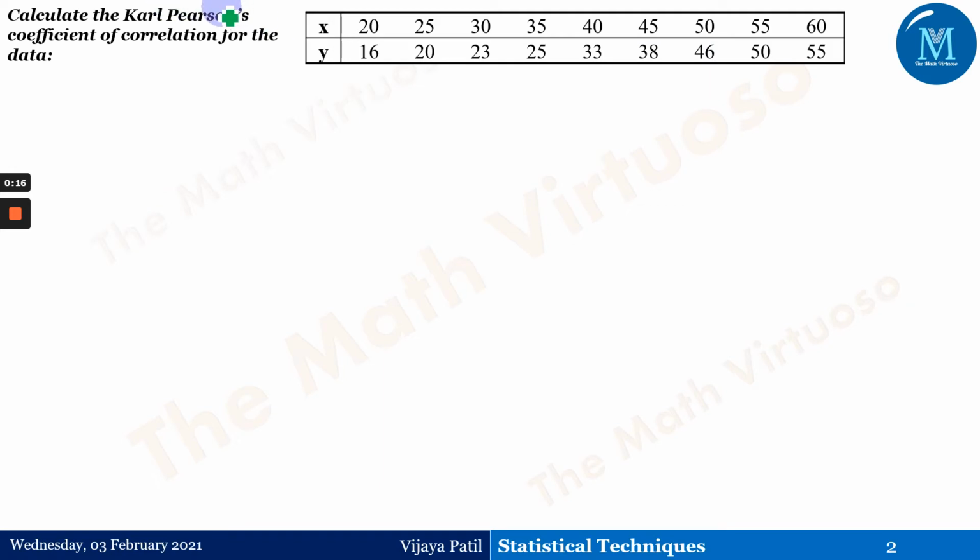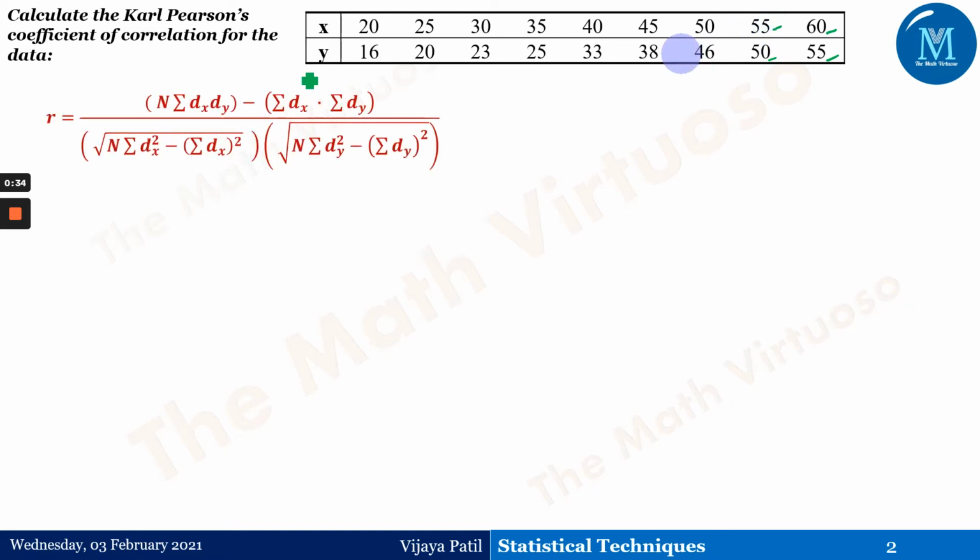Calculate the Karl Pearson's coefficient of correlation for the data, and this is the data given to us, which is 60, 60, 55, 50, 55. So these are big numbers in the data, and that is the reason we are going for the indirect method, which is known as the small r. I have already given you the detailed discussion on these different methods. Please follow the I button to get the complete knowledge about the previous sessions.